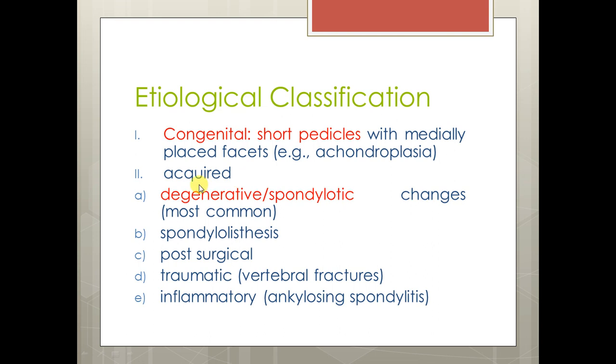This is the usual degenerative spondylitic cause. Most of the causes are like this. Also, spondylolisthesis, when one of the vertebrae is forwardly translated on the vertebra below, causing a decrease in the lumbar canal AP diameter. So it can cause manifestations of lumbar canal stenosis, or other causes like post-traumatic,